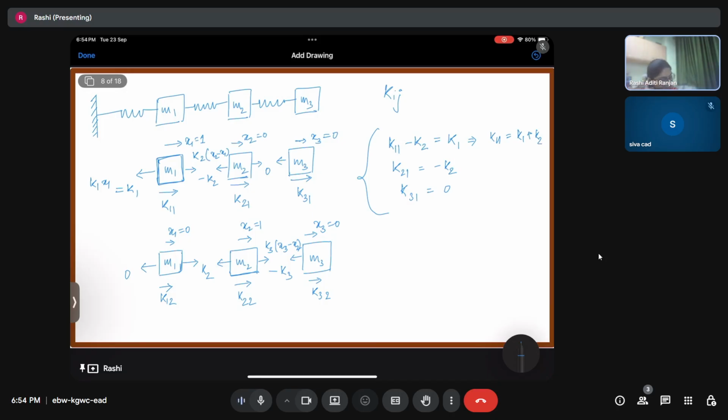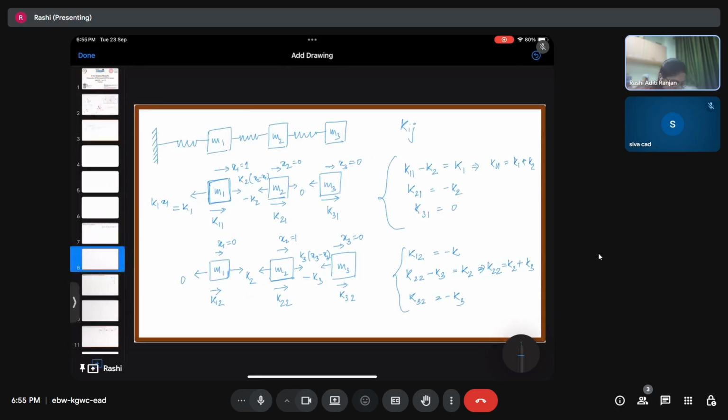So for this, when we write the equations, we have k12 is equals to minus k2. Then we have k22 minus k3 is equals to k2, which implies k22 as k2 plus k3. And then we have k32 as minus of k3. These are the another three set of the values, and the last one is going to be